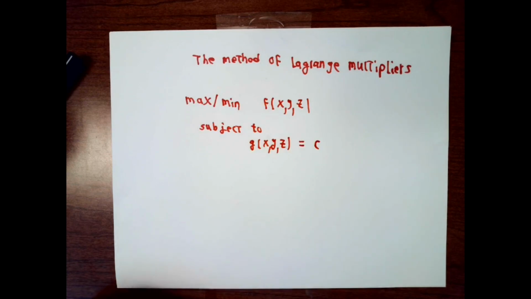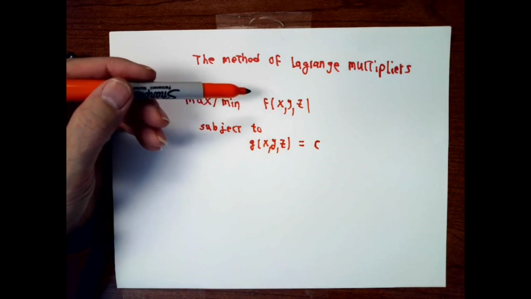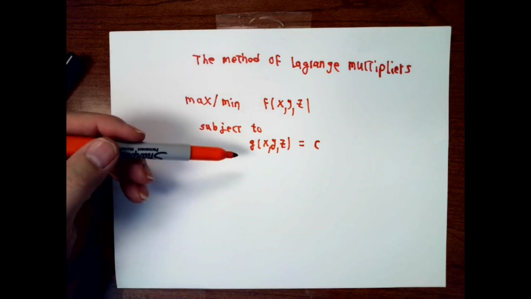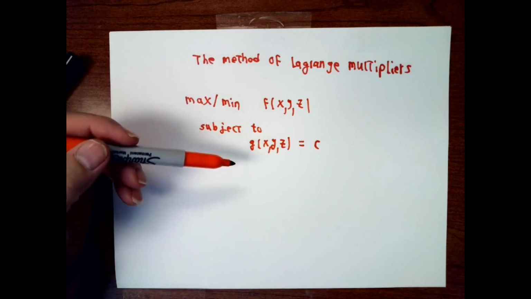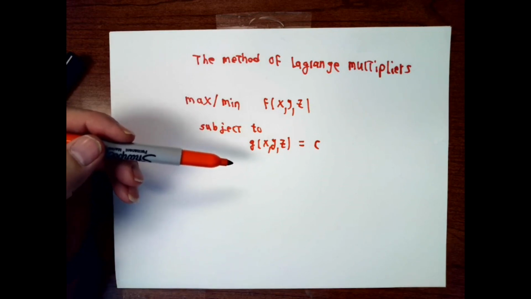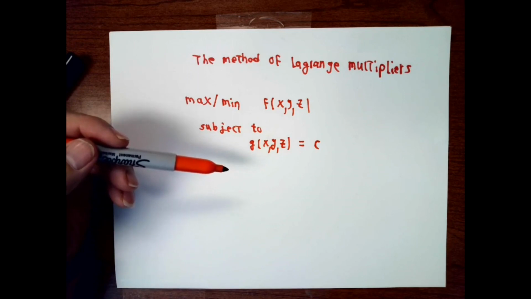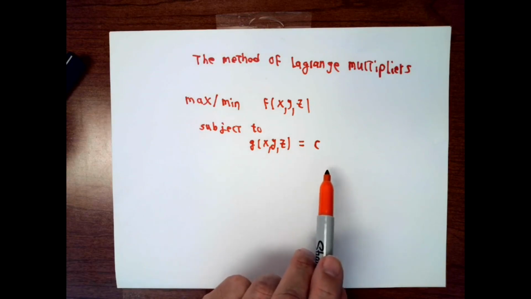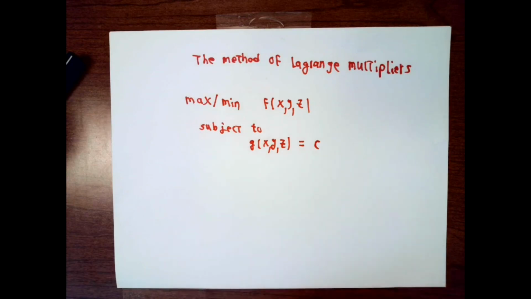We want to minimize or maximize some function f of x, y, and z, subject to the constraint that g of x, y, and z take on some constant value. The thing that I'm trying to maximize or minimize is often called the objective function, while the side condition is often called the constraint equation. Any equation can be written in the form some expression equals a constant,